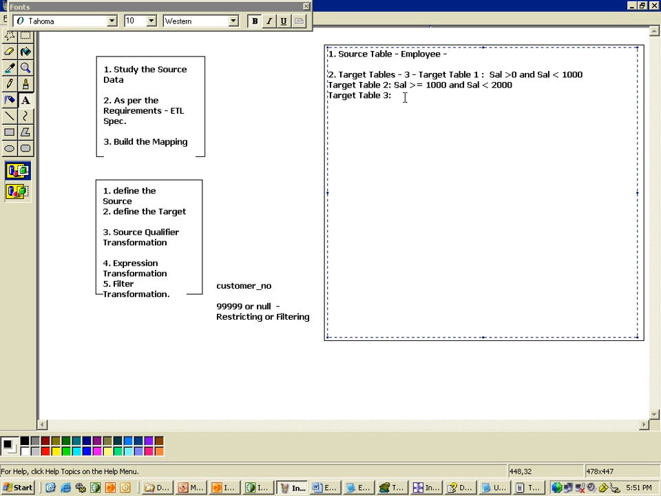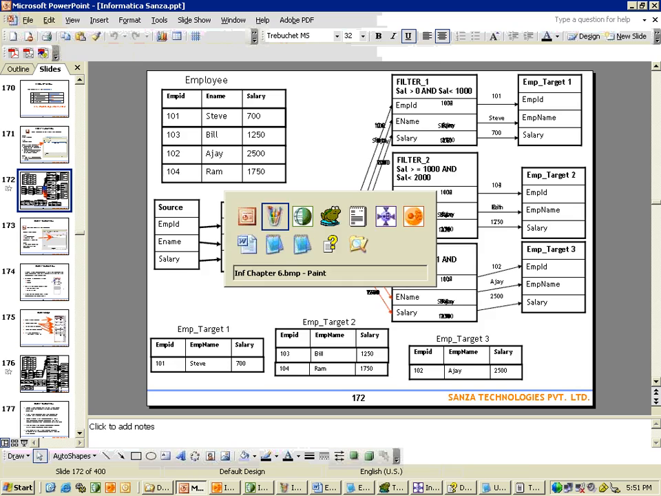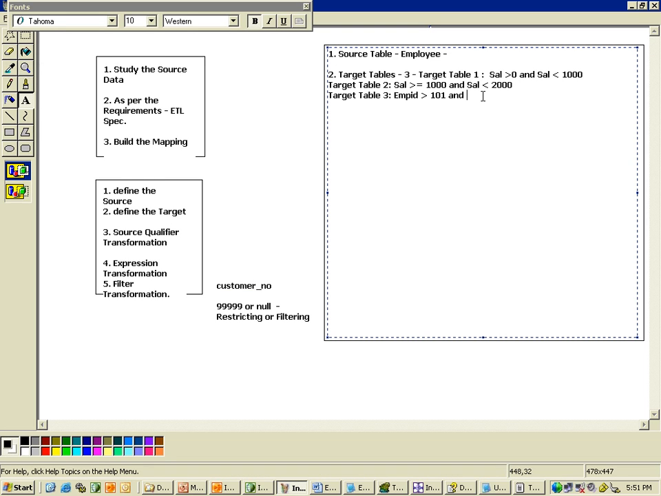Where employee ID is greater than 101 and salary is equal to 1500. So I want to load data into 3 target tables. What would you have done in a programming language? You would have selected the data into different variables,